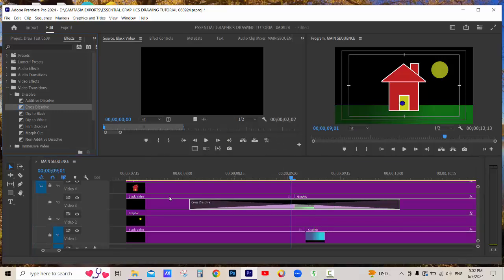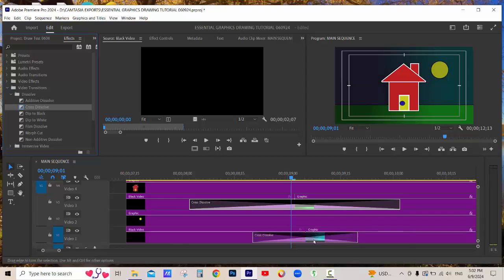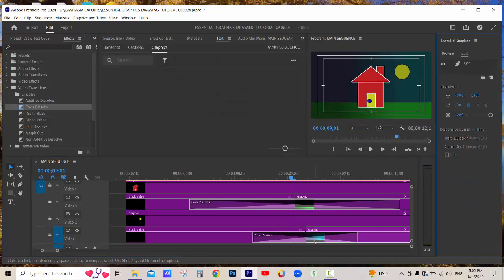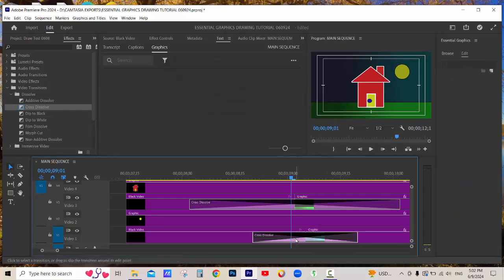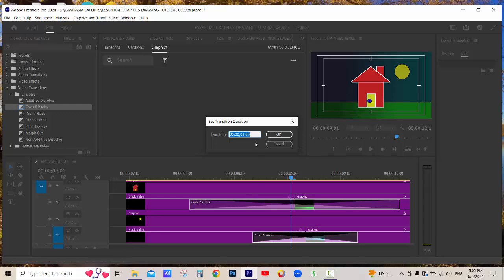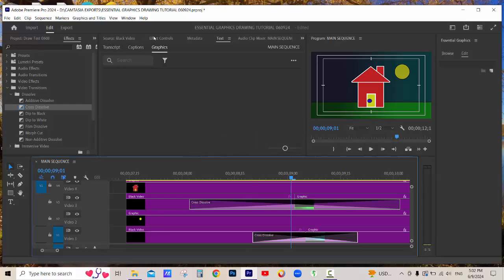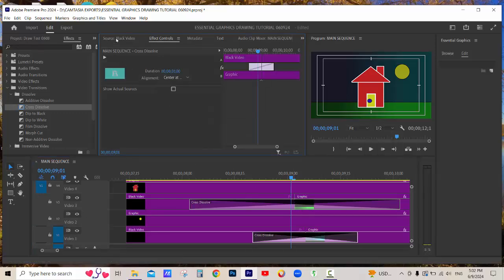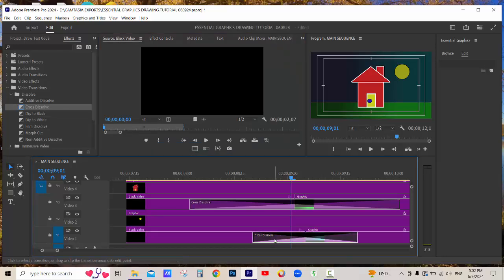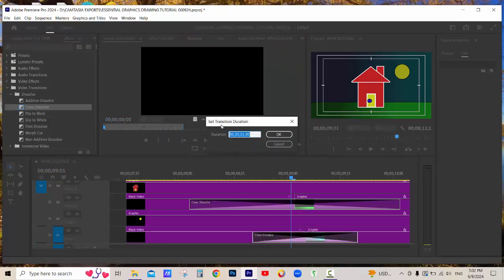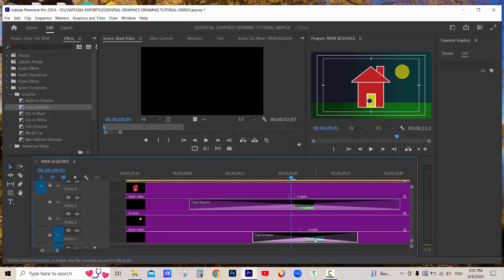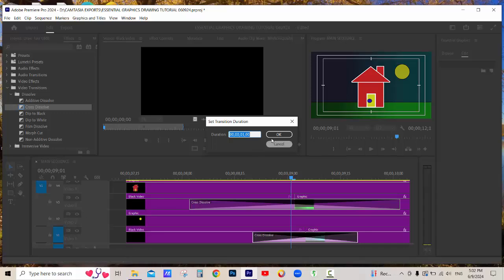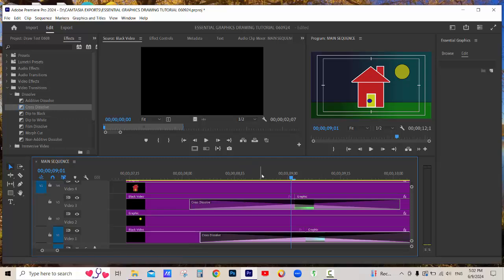So we're going to take a minute, right? Grab the cross dissolve, bring it down here on the first layer, which is the sky. Double click on that. Oops, wrong thing. Double click on the dissolve. There it is. And hang on, that shouldn't have even gone over there. I just want to double click it once so I get the duration dialog box. Sometimes you click, no, there we go. That's fine. Just do that, 2 seconds, click OK. So now we've got the same